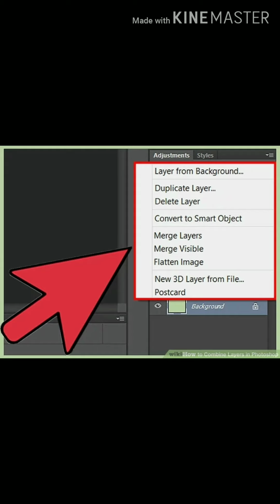Flattening the image means all the layers are merged into a single layer, into the background, and flattening is done when the final image is created. Once a flattened image is saved, you can't get it back as separate layers. So think about it first, and then afterwards click and select flatten image.